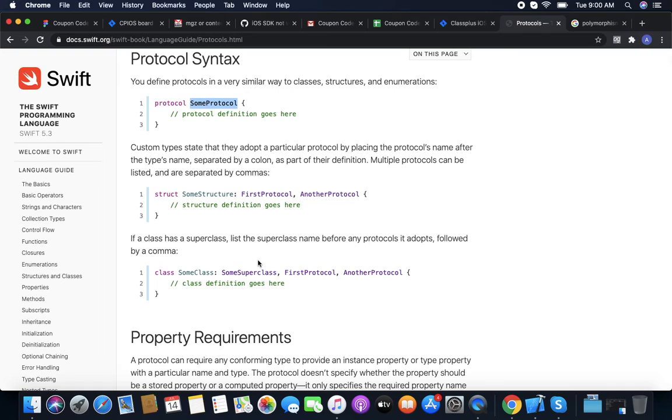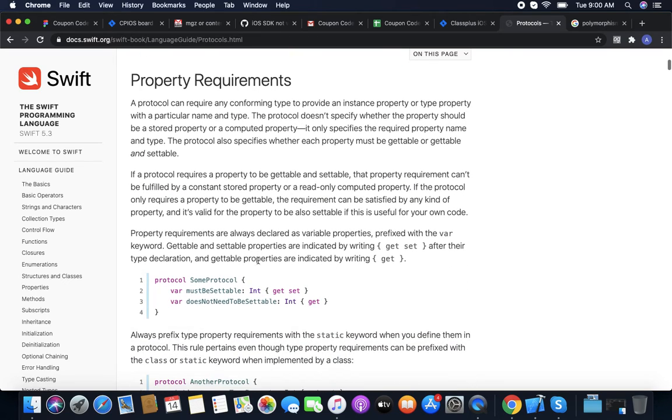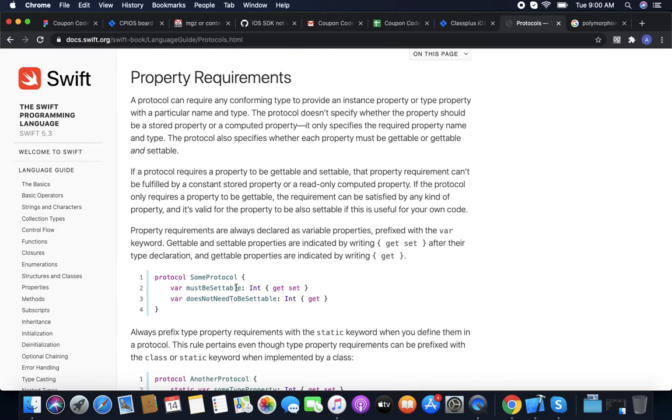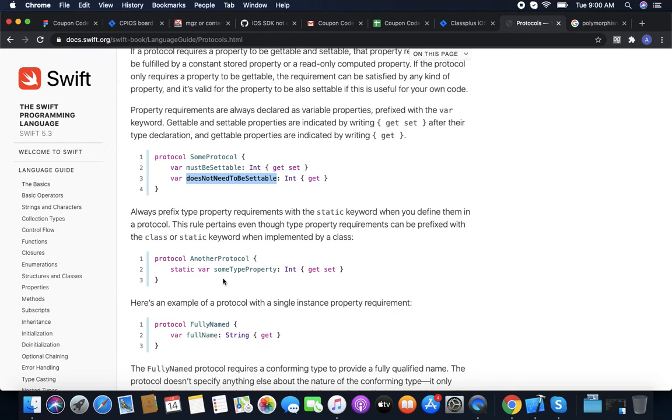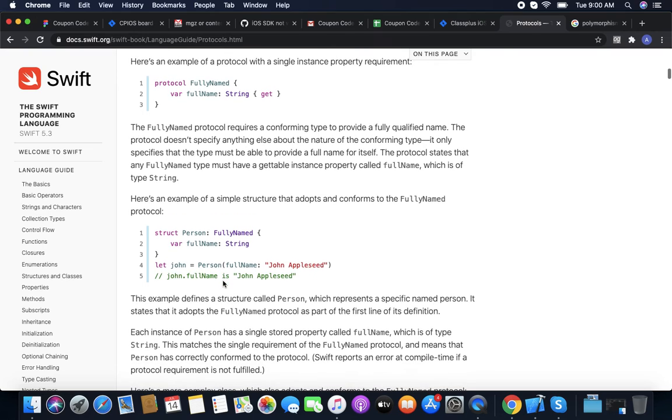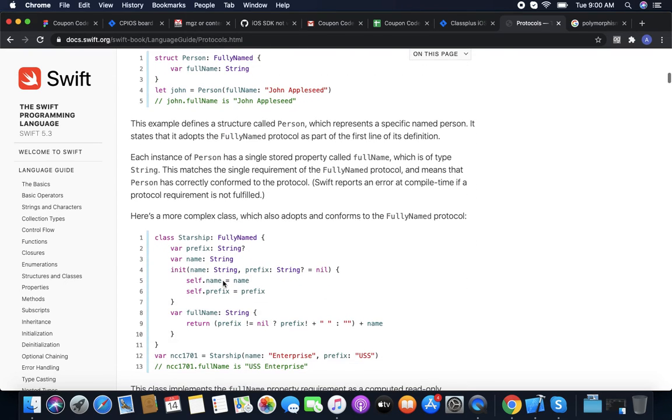The protocol does not have any functionality or any property. It just has a blueprint. It just mentions the requirements, like must be settable, or does not need to be settable. So if any class inherits from this protocol, it must have this functionality.